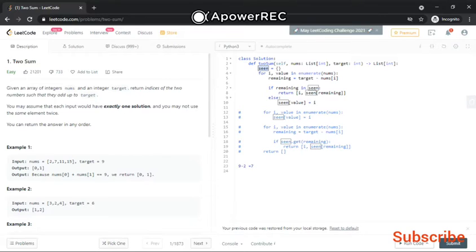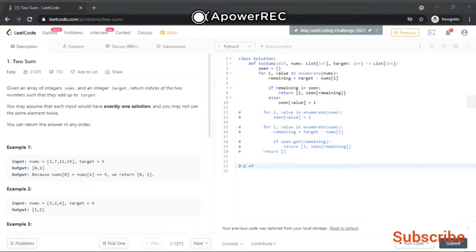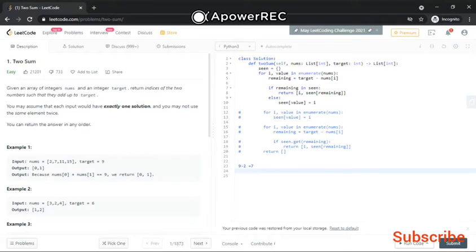Here we are taking the value as the key and its index as the value. Let's check what it will store. If it is 2, then its value will be 0.